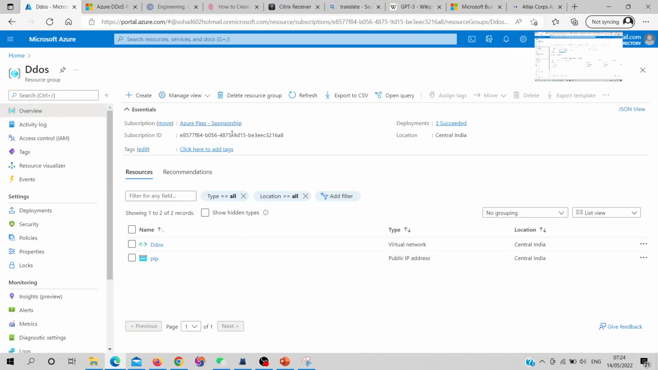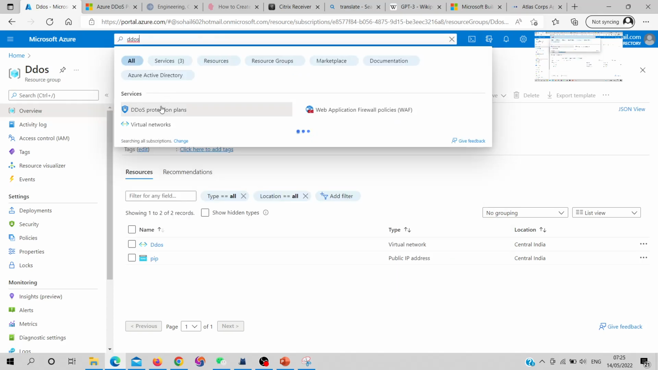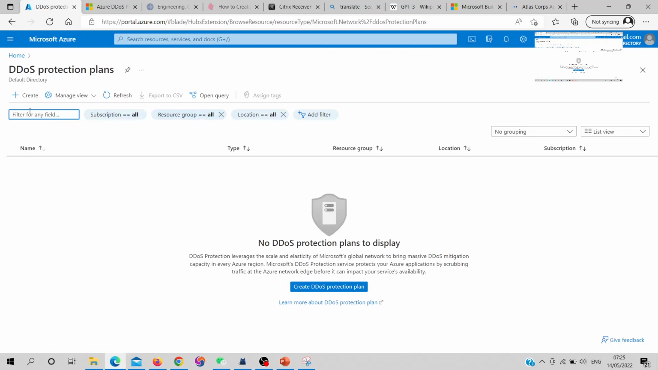So this is my resource group, and under this resource group I have a virtual network called DDoS, and I will attach this virtual network with the DDoS plan. So first I need to create or deploy the DDoS protection plan. In the search bar type DDoS and you can see the DDoS protection plan. So click on this, then click on the create button,